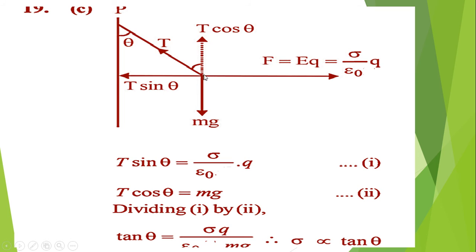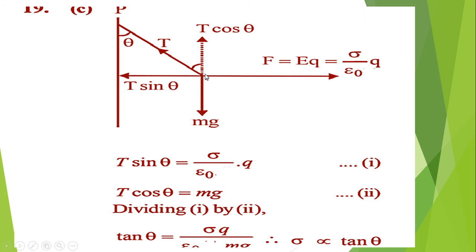First, there is a thread and the charged ball B. The thread is one body and the charged ball is another body, and the two bodies make a system. Is that clear? Any doubt? First, the ball hangs, suspended by the thread, which means tension force is produced in the thread. Tension force is always a pulling force, directed away from the point of contact. That is the ball, that is the thread, and that is the point of contact.